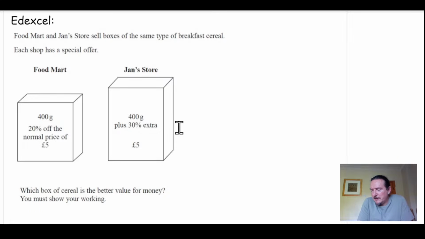Okay, so this one is a slightly more complicated question because we have to work out how much of each we've got to start with before we can then go and compare them. So let's take Food Mart to start with. So I've got 400 grams and 20% off the normal price of £5. So what's that then? I'm just trying to wonder what the best way to do this one would be. Okay, well, let's work out what it's going to be first, and then we can have a think about it. So for Food Mart,